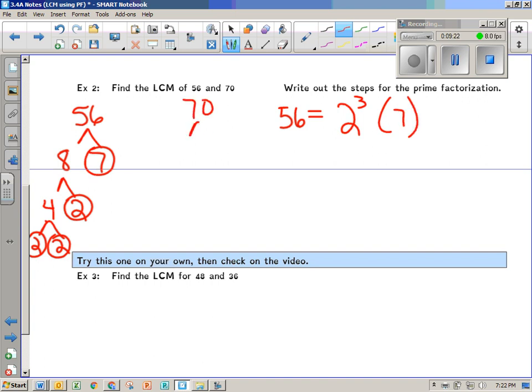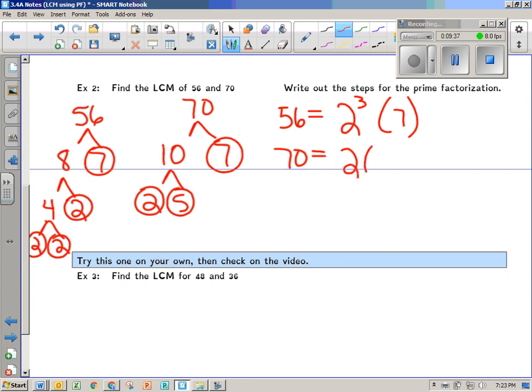70, I think I'll start with 10 times 7. 7's prime. 10 breaks down into 2 and 5, both prime. So come over to the side. Prime factorization, keep writing that in order like we did before. Underneath, LCM. Remember, now you're looking for the highest power of factors that